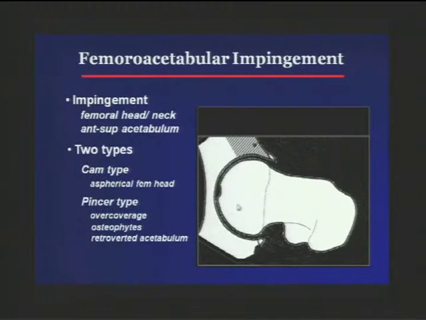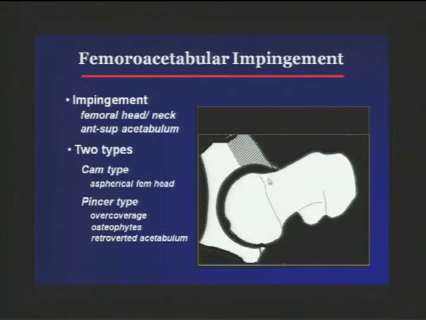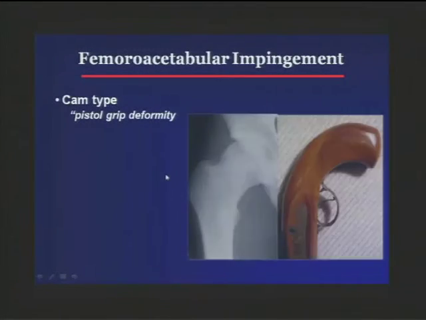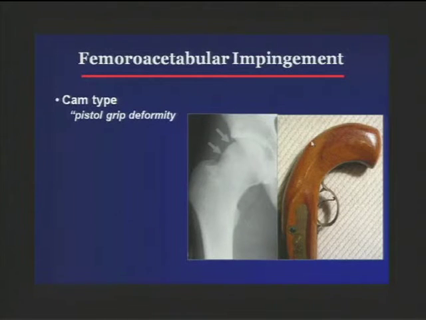The pincer type is just what it sounds like, where you have either overcoverage from the acetabulum or acetabular protrusio of the head, where the problem is on the acetabular side impacting on the femur. The truth is that most patients usually have features of both in some way, so it's a little bit artificial to try and decide, is it cam type, is it pincer type, is it FAI or not? So one thing we can look for on the plain film is that kind of pistol grip